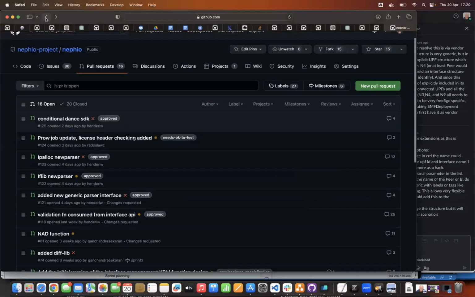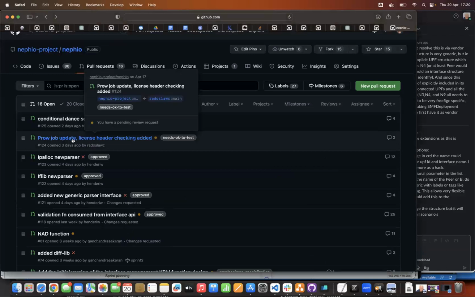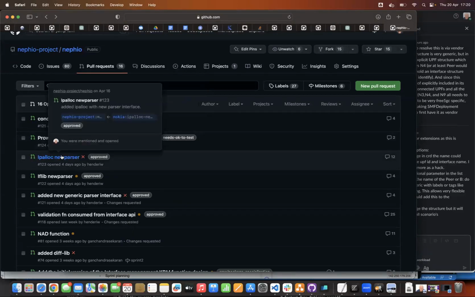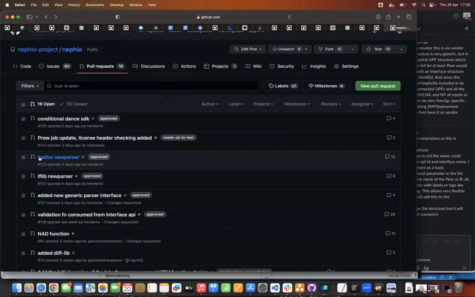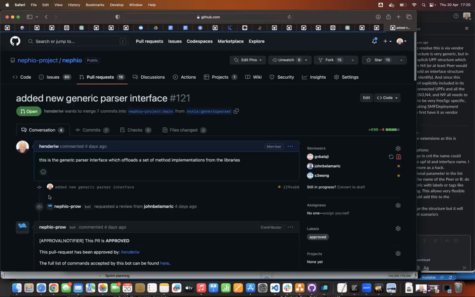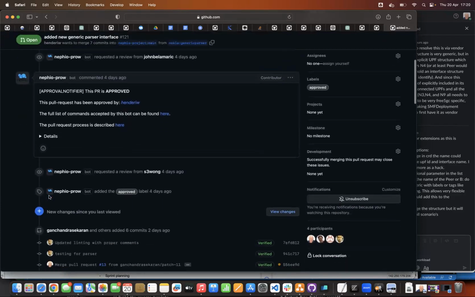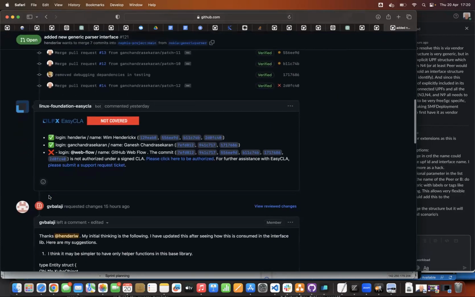Then we have, I'm not sure this is us. Yeah, so this, I think you reviewed, Bala, right? So this is the new parser interface. Yes, new parser. Yeah, I actually reviewed the base one that you did. Yeah, this one, right? And then it has a reflection on the other, so there is a dependence. Yes. So I added my comments.